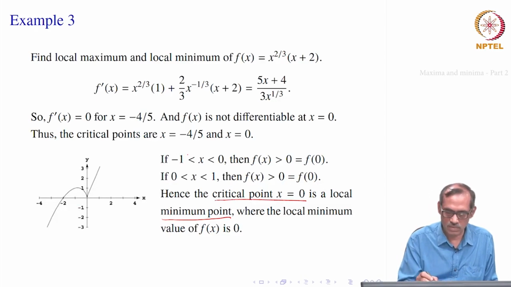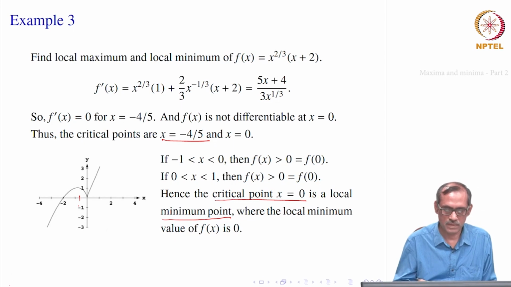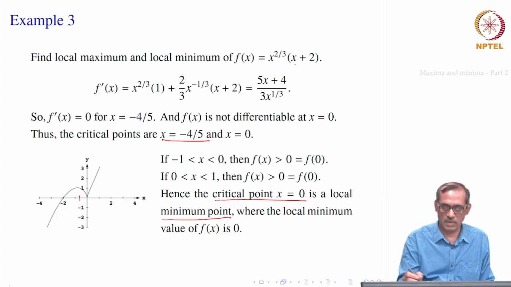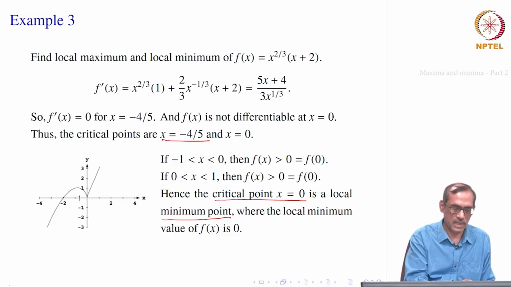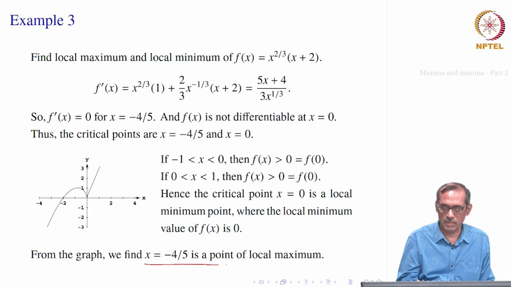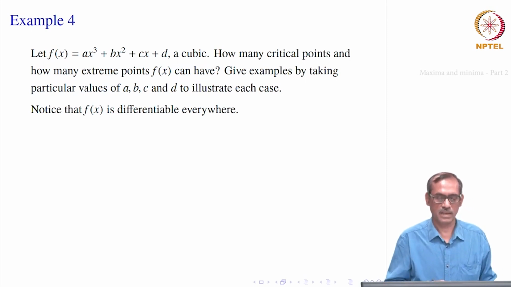Now, this kind of analysis will be difficult for x equal to minus 4 by 5, right. So, that may come somewhere here, minus 4 by 5, somewhere there, because the function is complicated, but still it can be done by computing the inequalities. However, from the graph also you can see directly that x equal to minus 4 by 5 is a point of local maximum. You have to really take a neighborhood around minus 4 by 5, so you limit it to 1, so that it will be easier to compute and it will carry through. Okay. Fine.